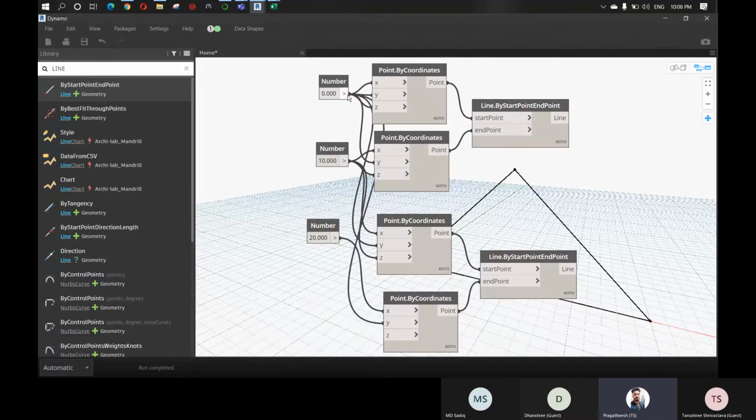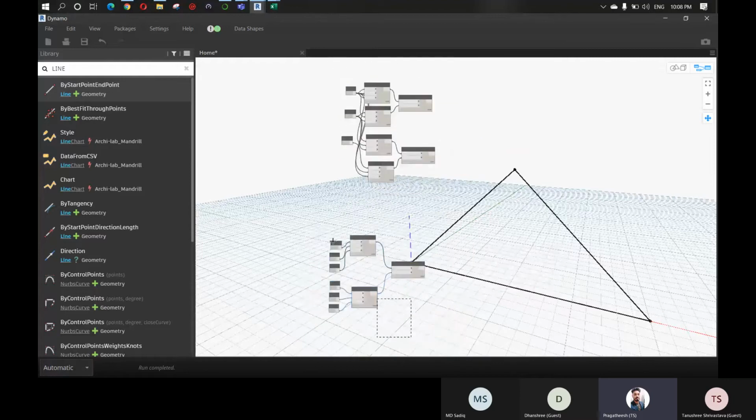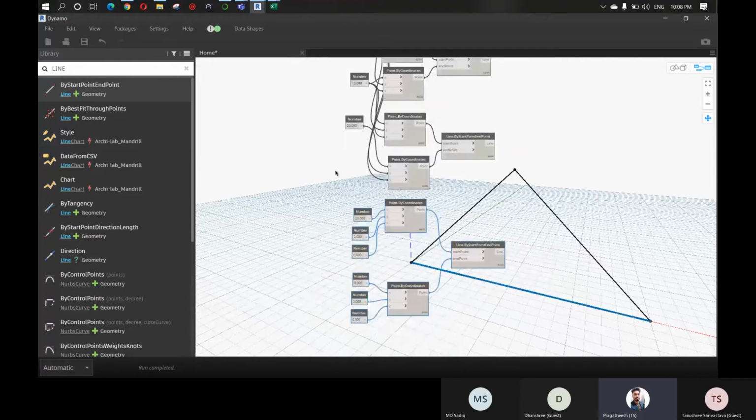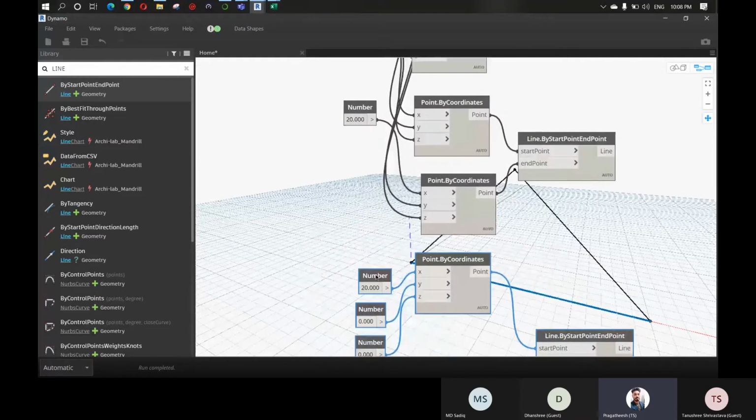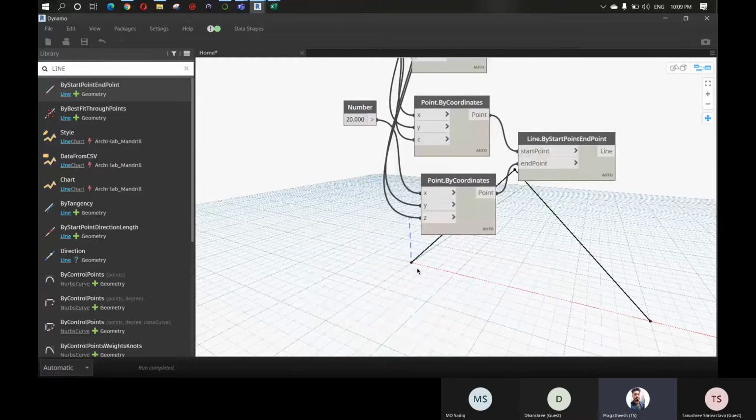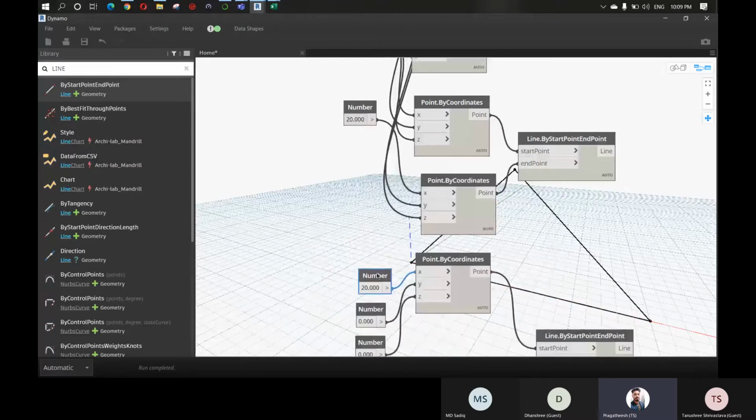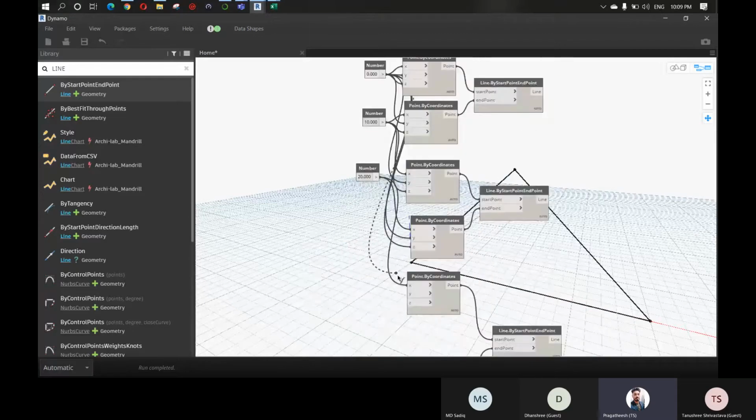We can use the same node again. Delete this 20, oops. This one, connect here. 2 zeros, delete it. Connect here and here.